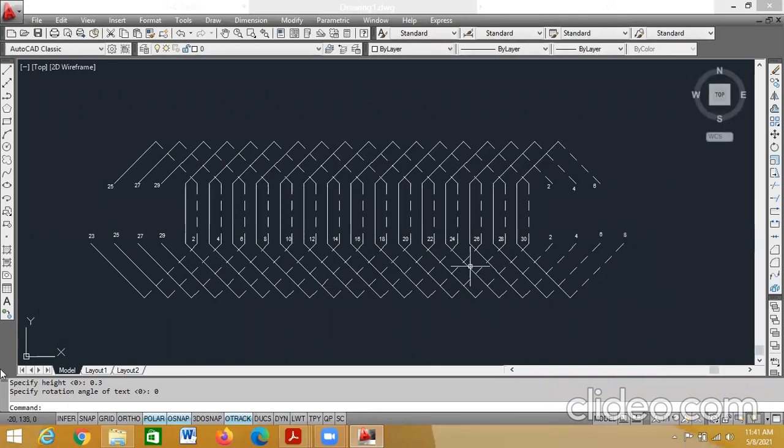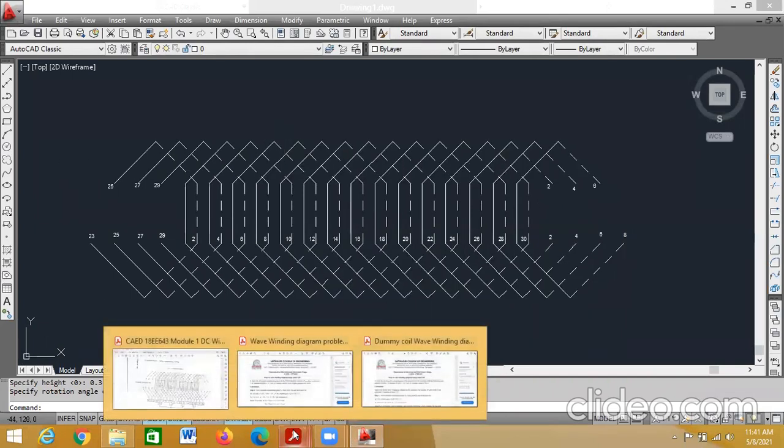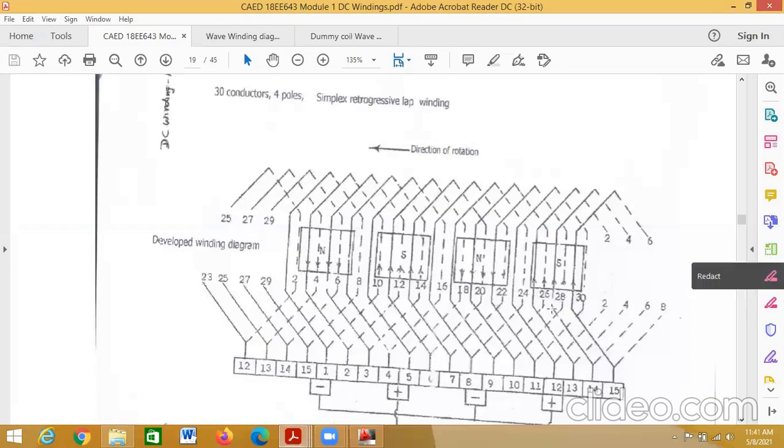Okay. So remaining conductors you are going to number. So number all the remaining conductors.